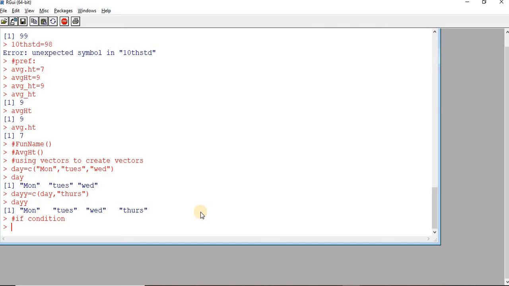So here the syntax is: if is a keyword, then you mention the condition, usually inside brackets. After you give the condition, then you give statement 1. And if this condition is false, you have to give the keyword else and then statement 2. So this is the syntax.